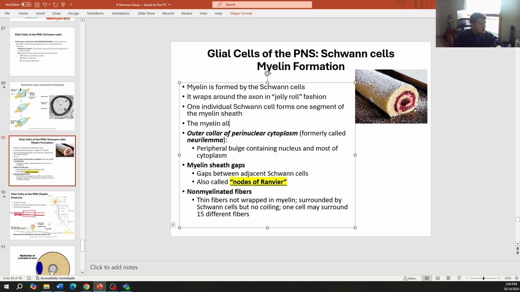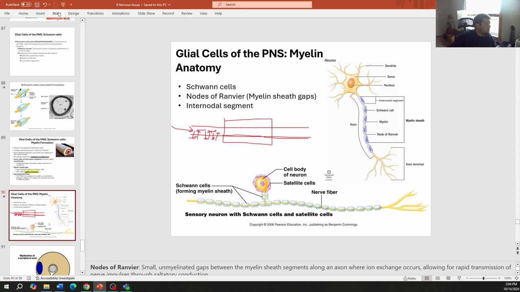The myelin allows for saltatory conduction. Saltatory, from the Latin root saltar, to jump, so it allows the jumping to happen. Instead of having to come all the way down the entire membrane, it's letting ions in and out up to this point, and then it can skip this whole chunk. The ions flow, the signal travels here, and then ions flow in and out in the node, then it hits another myelin, so it allows it to skip whole chunks of the axon, so it doesn't have to do as much work,